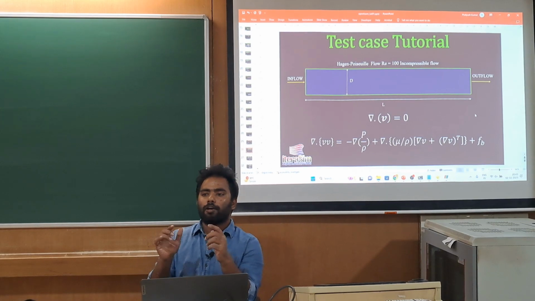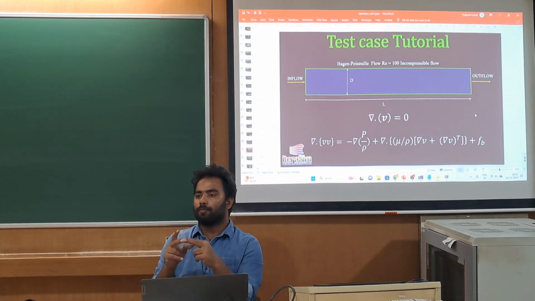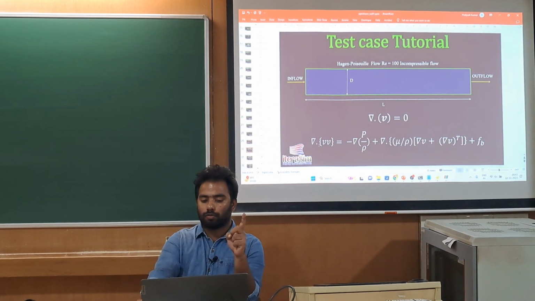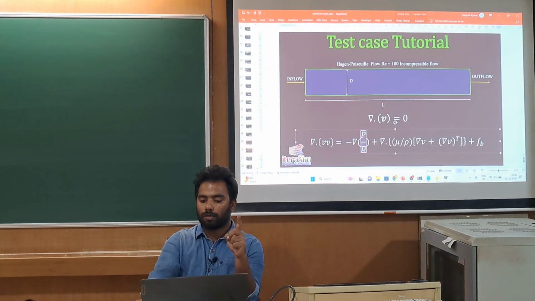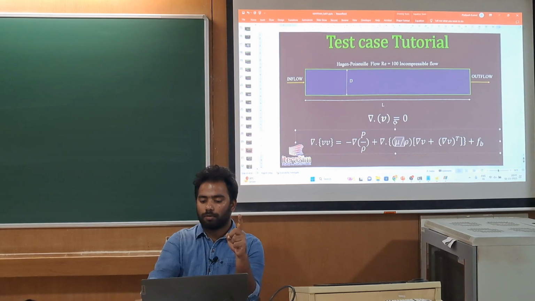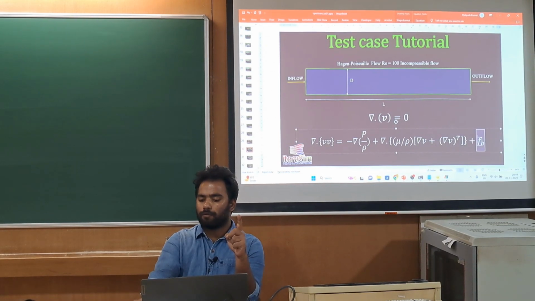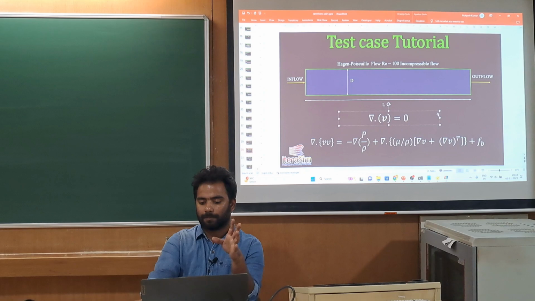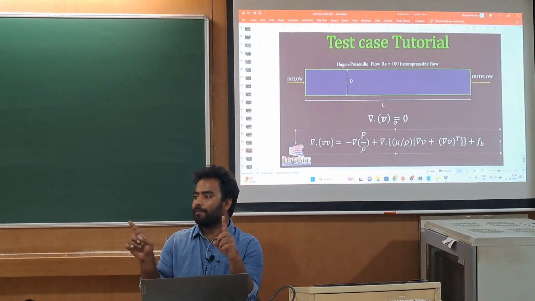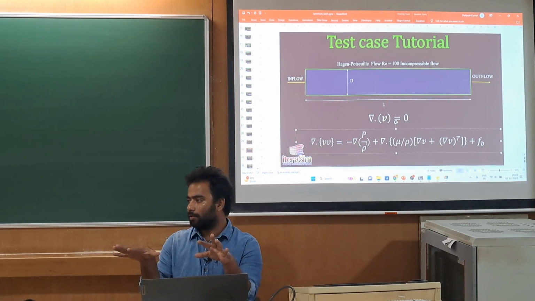But in OpenFOAM, for the solver using the SIMPLE scheme, we just divide by rho on both sides. So here I have divided by rho. This becomes P by rho, and this becomes mu by rho. And this is the body forces, so we don't solve the body forces. Understand? We divided by rho on both sides.